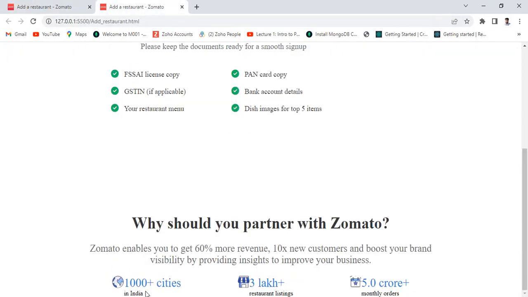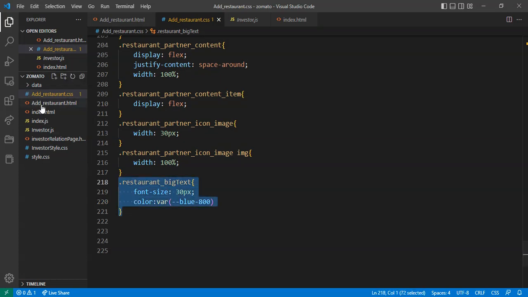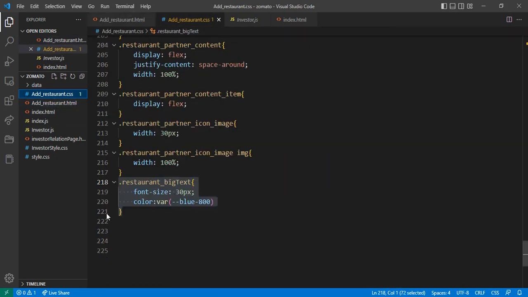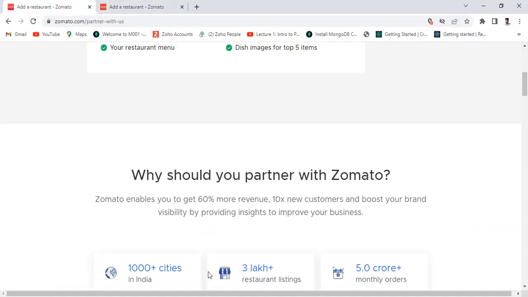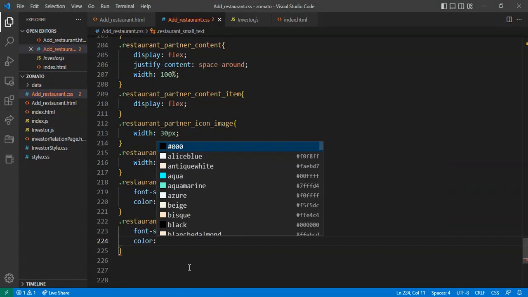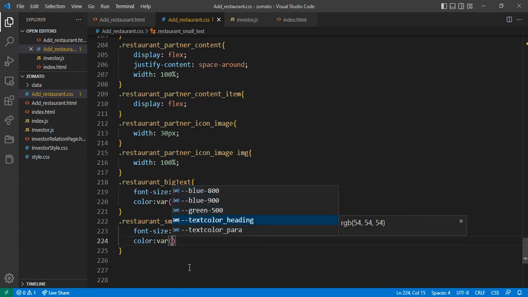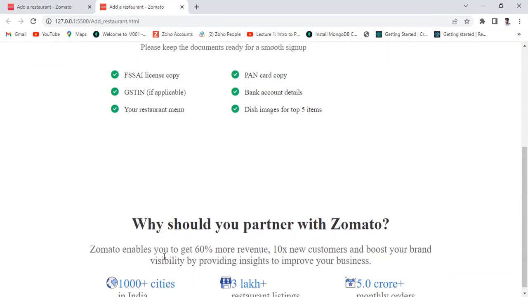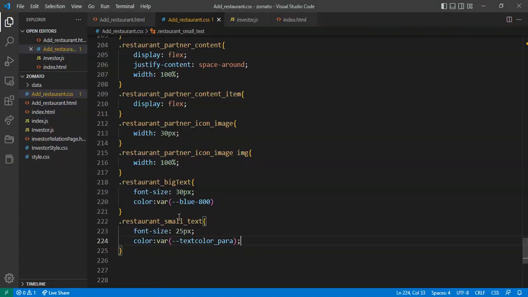And this bottom section also, let me just copy this, and this class name is small text, and come here. Here I want to give the font size approximately 25, and this color will be this color, and for that we can give the color variable. After that give the p tag. Let me just see in our section. Okay, and this font size will be much bigger. Reduce this to 20 pixel,